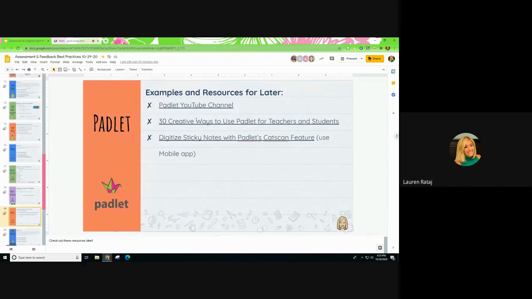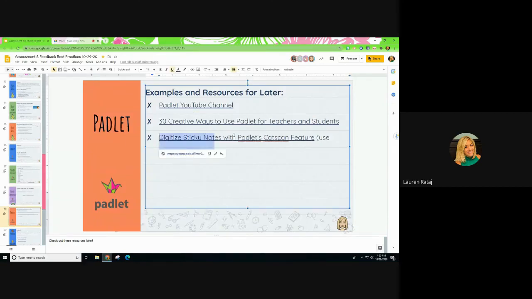Their YouTube channel is great, but something I also want to showcase is I love this feature that we used to not have. If you have the app on a device, so whether you're in Google Play Store on an Android or in iTunes, I downloaded the Padlet app on my phone, and they have something called a CAT scan feature. And this allowed me to take a physical anchor chart with Post-it notes. So if say you're in class and students put their thinking on Post-it notes, but you want that digitally now to capture, to share with them, I was able to use the CAT scan feature to scan that anchor chart, and within seconds, it made a Padlet wall with those actual Post-its for me